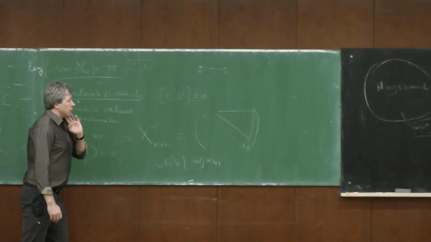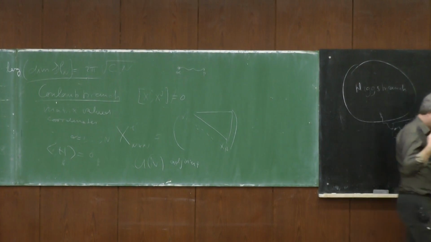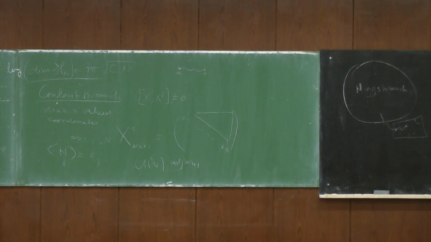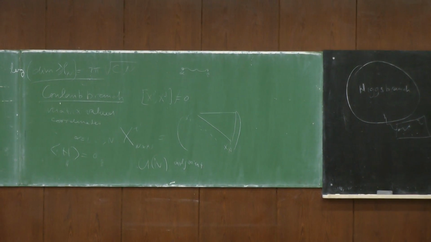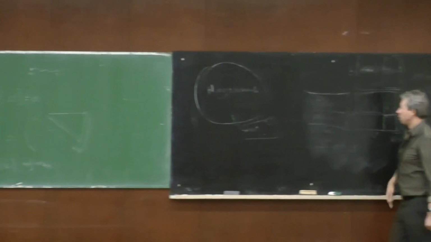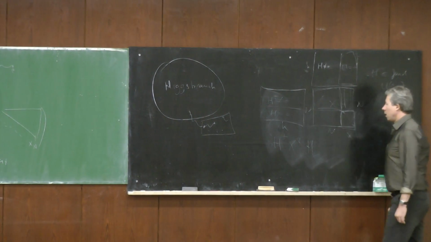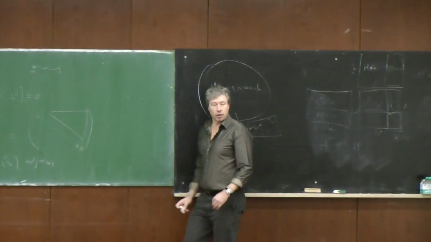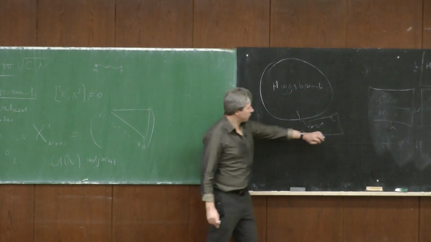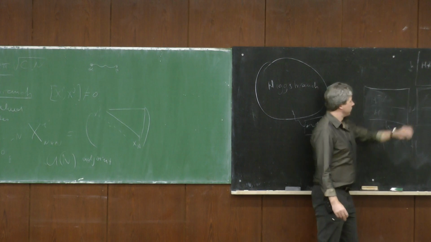For me, this is an indication that this is the way we should think about the matter in even our universe. There may be an underlying system which is like the Higgs branch, and the matter we see has escaped the Higgs branch onto the Coulomb branch. And then the forces we see, and in particular inertia, is going to be related to the interactions of what I have here and this Higgs branch.